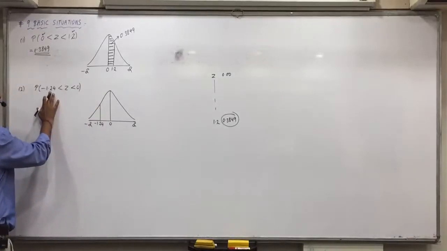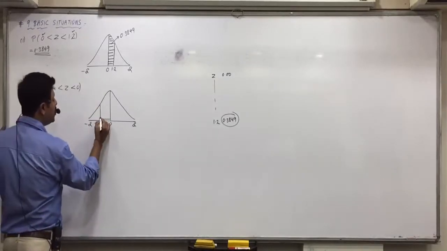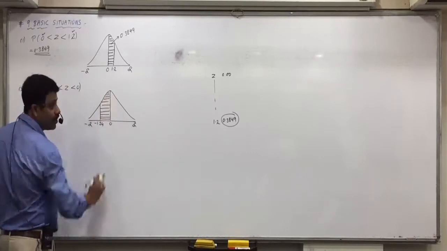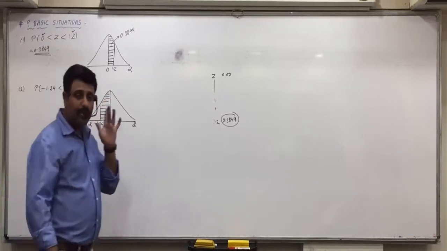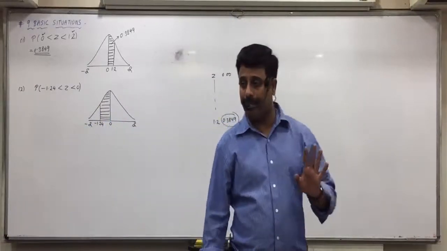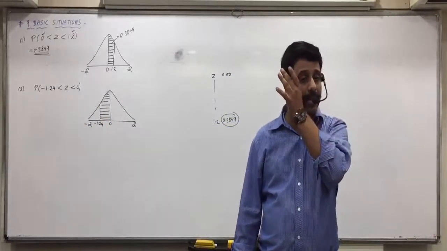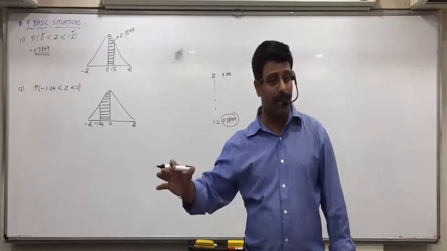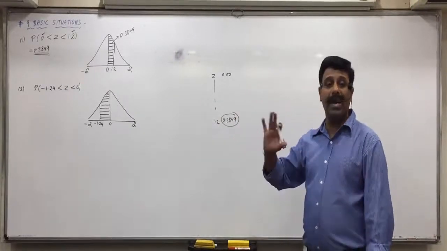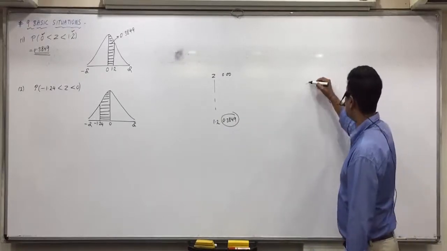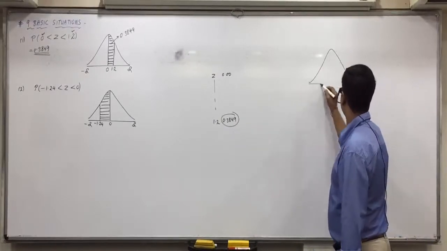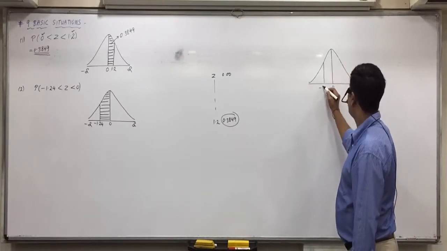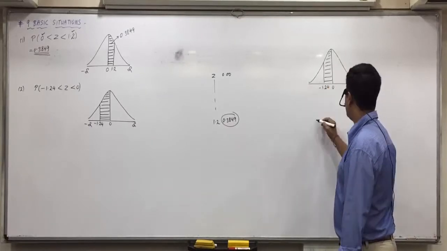We need the probability from minus 1.24 to 0, so this shaded region is what we need to obtain. Yesterday I told you that the normal distribution is a symmetrical probability distribution, a bell-shaped curve. Now tell me, in a symmetrical distribution, will 0 to minus 1.24 be same